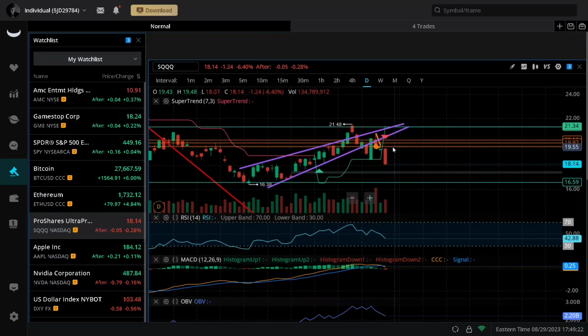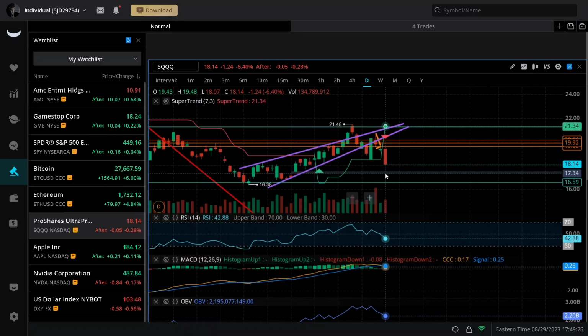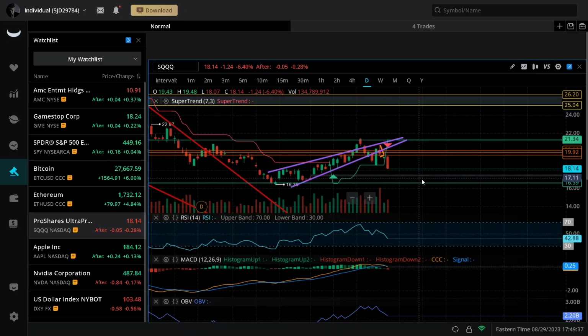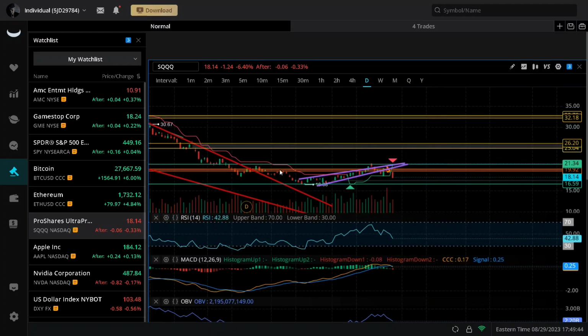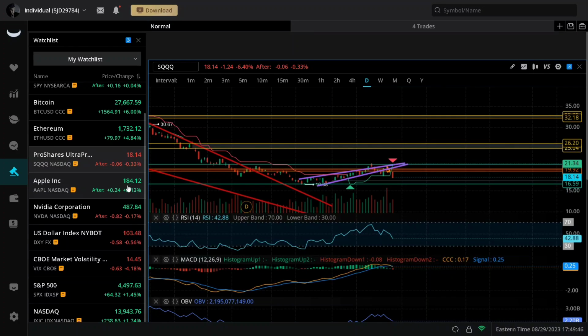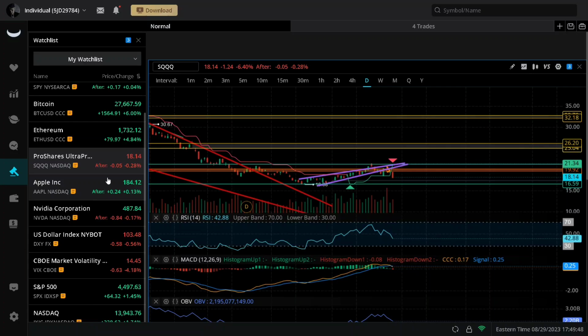This is planned. This is exactly what I wanted. SQQQ has a gap fill down here. I'm waiting for this gap fill to buy at this $17 range. I do have some SQQQ accumulated, but I'm accumulating in this range. If it goes down to fill this gap fill, that's great. I'll be able to buy a lot more for a lot cheaper. If it goes to $16, I'll be able to buy more a lot cheaper, but I am playing the gap fills back to the upside when this thing does get a turnaround, and I do think the market is going to overall crash to the downside.